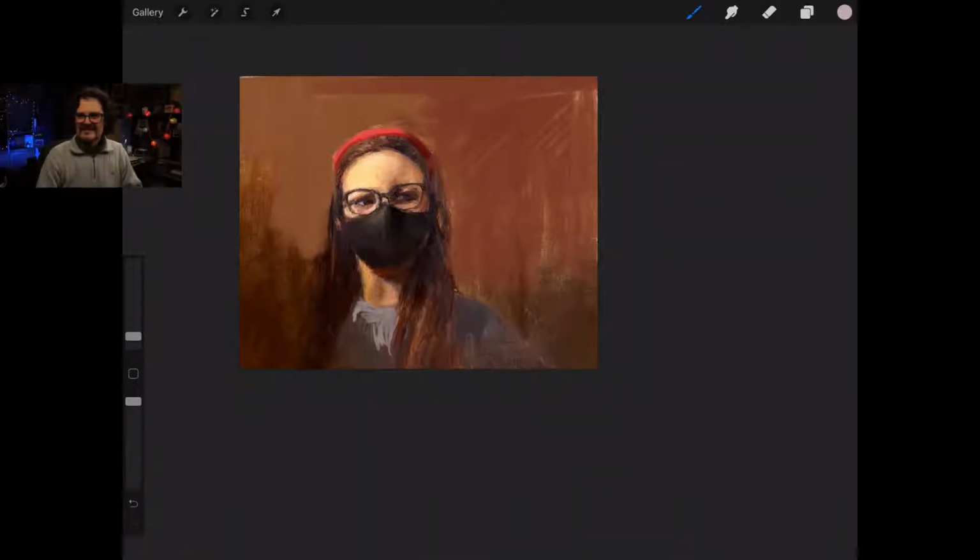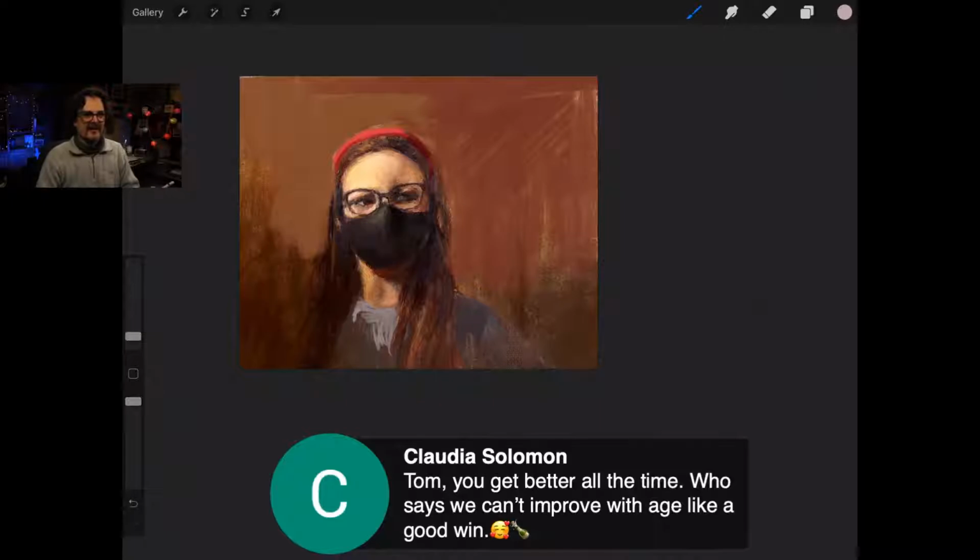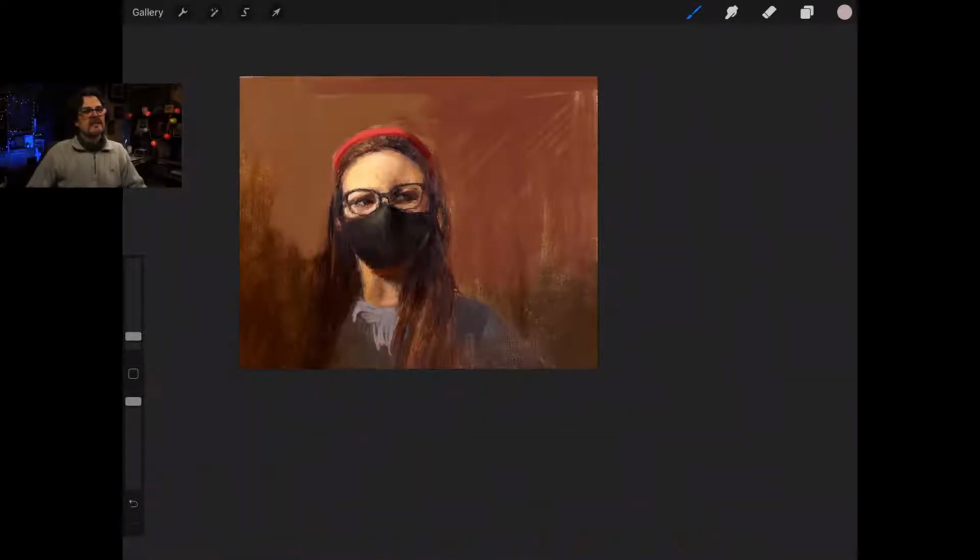Yes, that's right. Tom is getting better with age. Not only is Tom getting better with age, I hope he doesn't mind me saying this, but it wasn't too long ago that he had open heart surgery. He had open heart surgery, and now he's back painting paintings for the Met. Excellent, buddy. Excellent. Okay, guys.